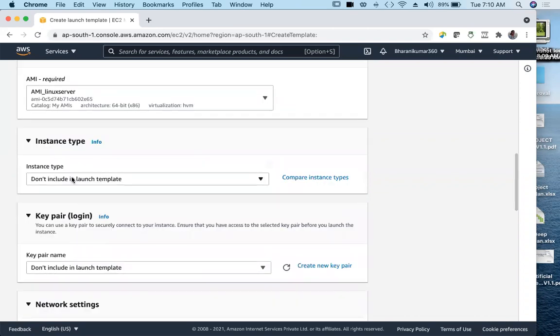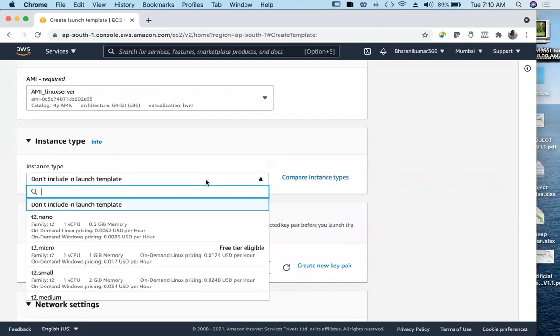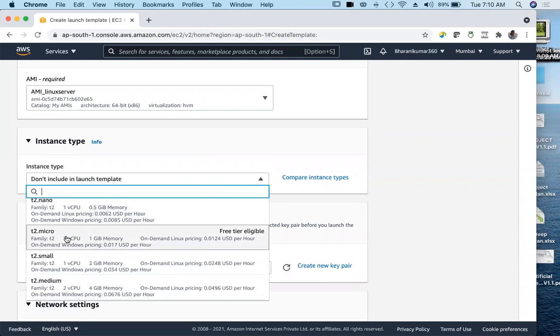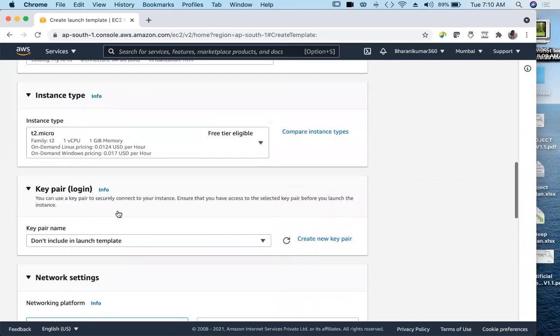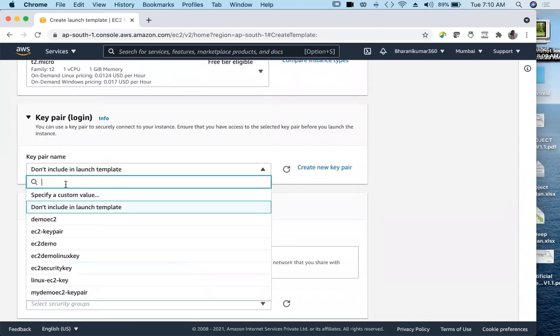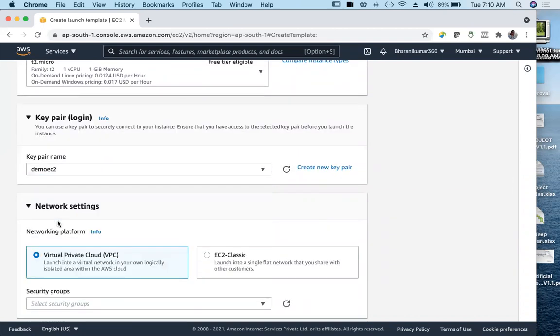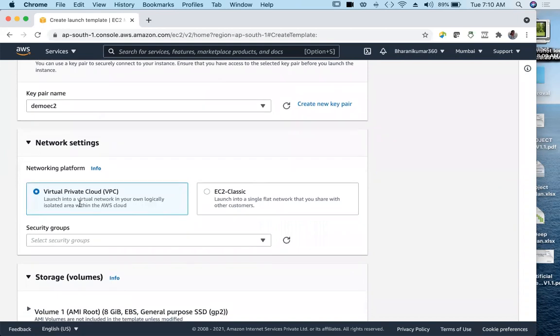Yes, instance type t2.micro. Login page, let's go with this. Yes, we are using VPC.